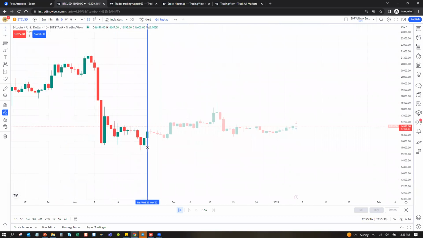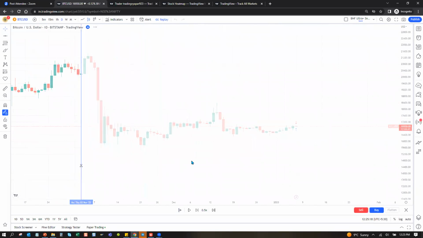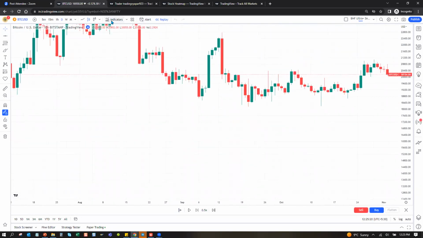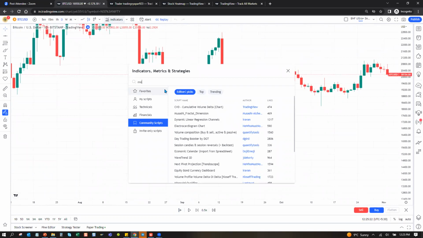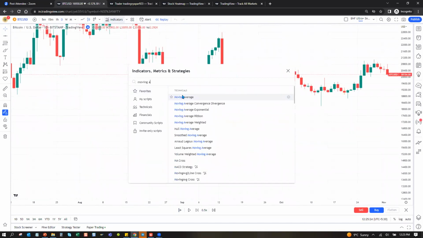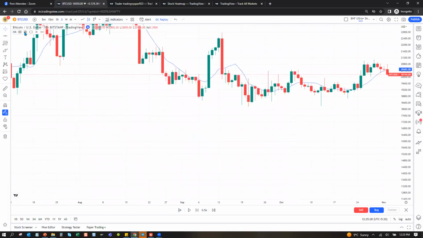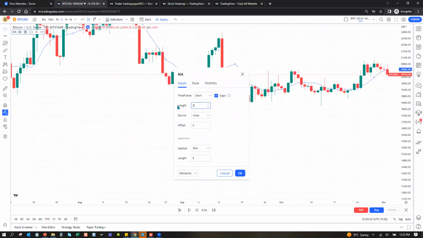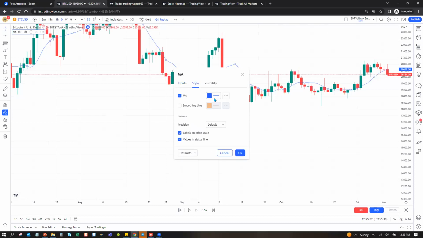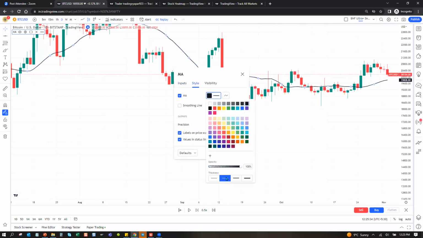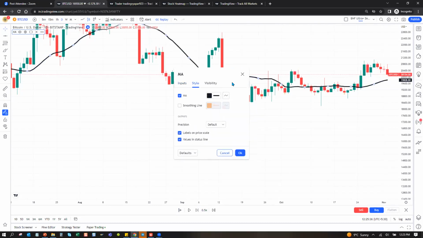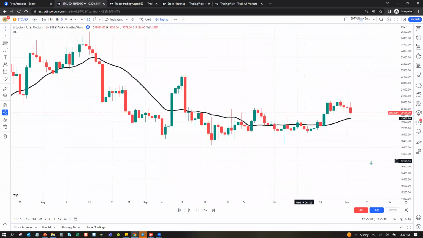I want to do it from November. Let's say we'll add one moving average. We added a 20 period moving average. I just make it big so that it's clearly visible.